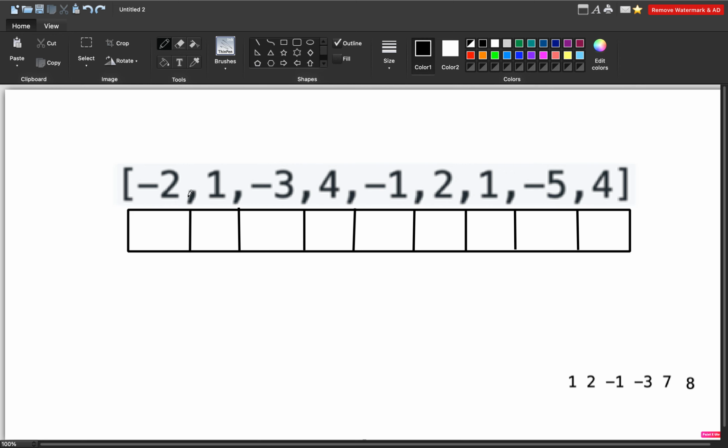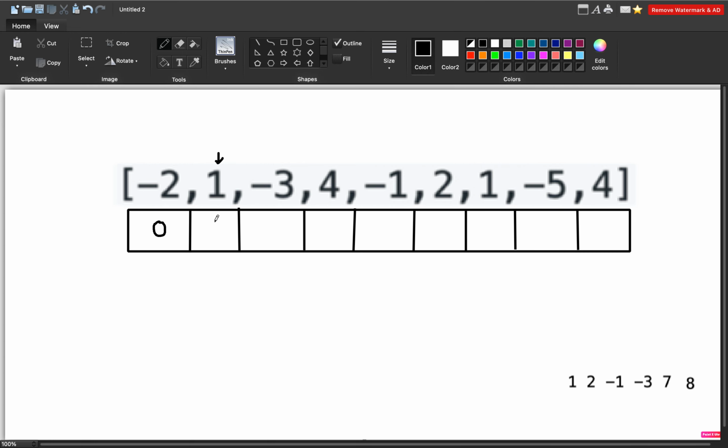Since it is a base case, the first index is -2. If it was positive, we would put the positive value here, but it is negative, so I will be putting 0. Now for the next index, I will check if 1 plus this 0 is greater than or equal to 0.